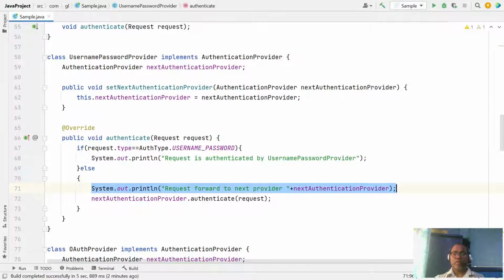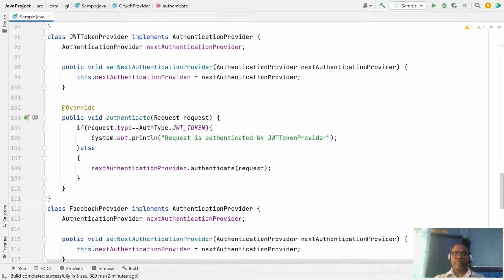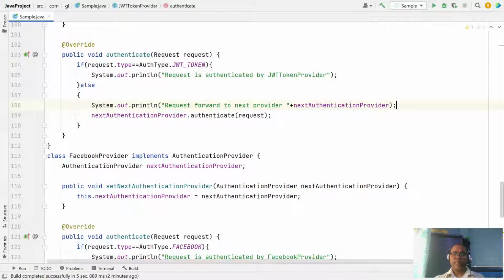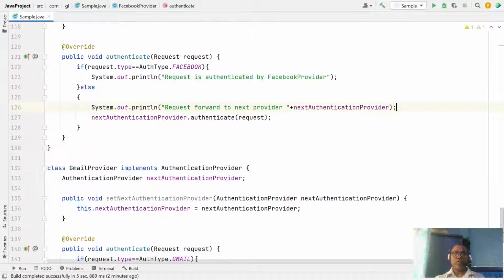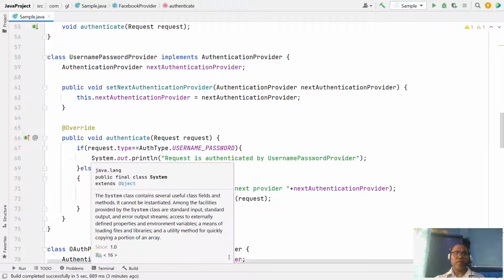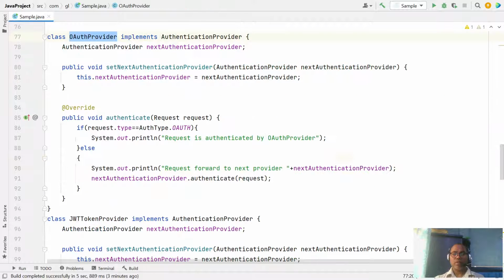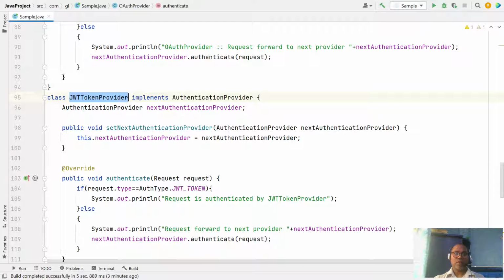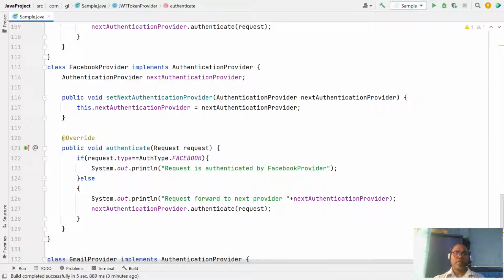That's just for checking that this chain works or not. So here, first we have a username password, next OAuth, next JWT, Facebook,